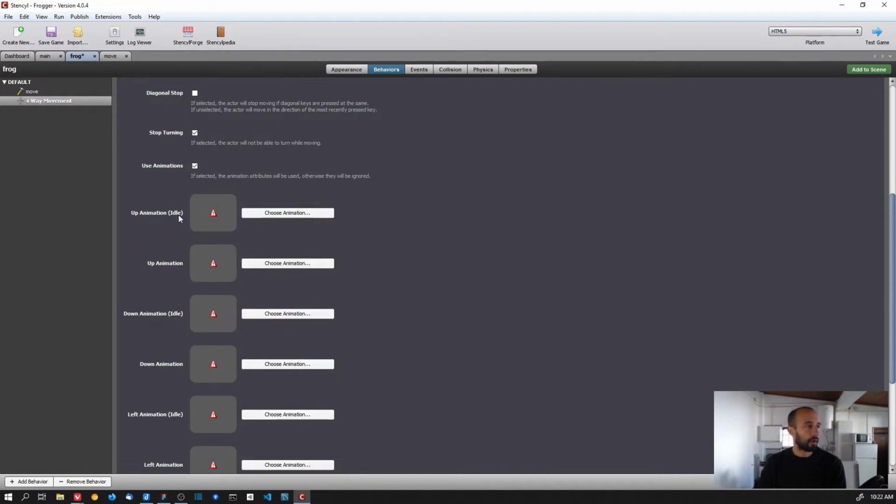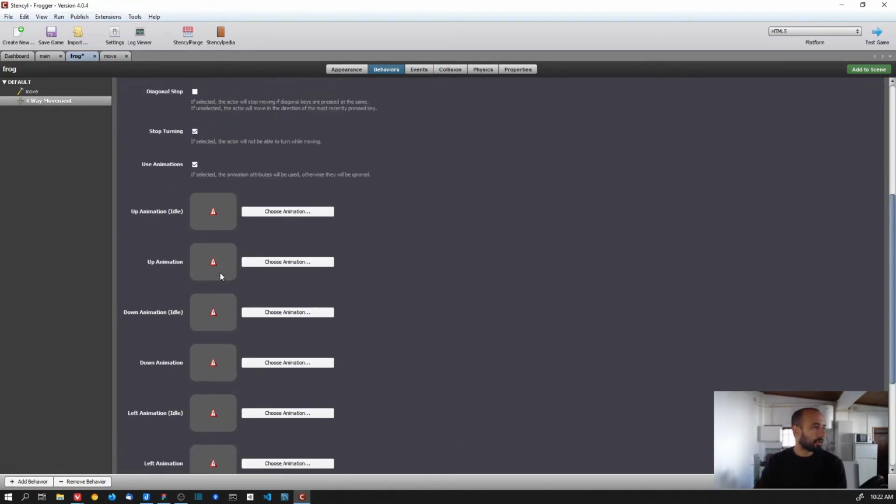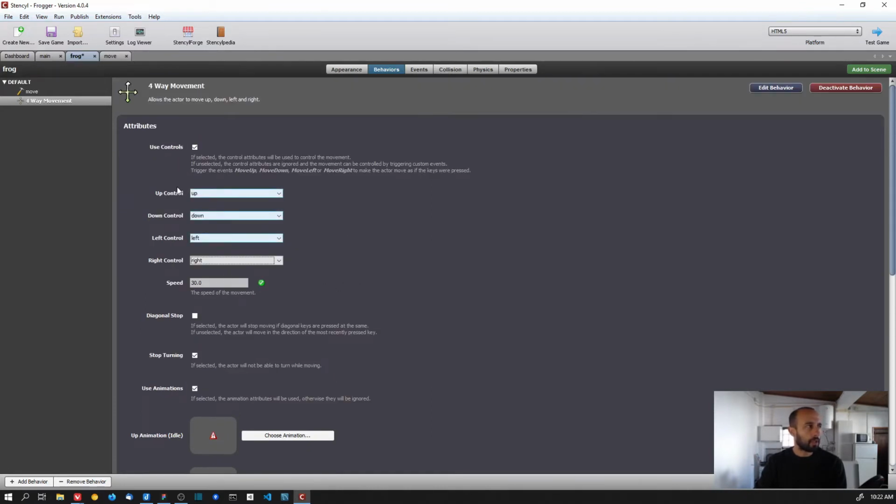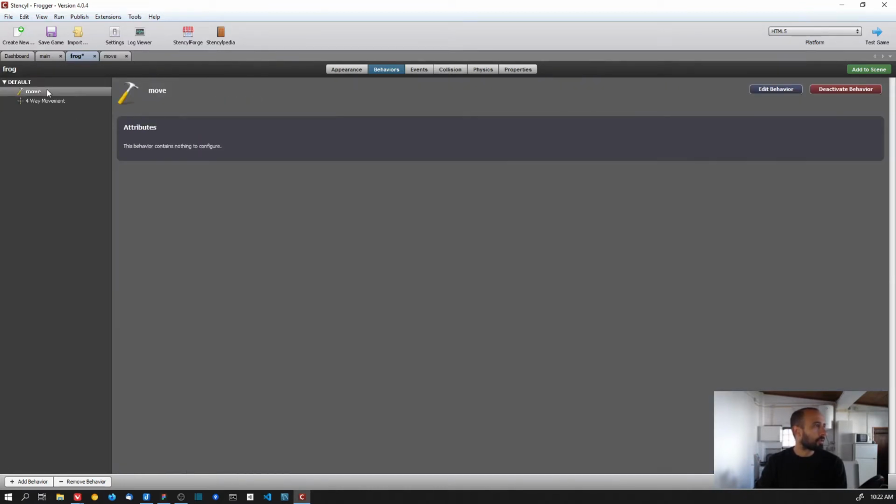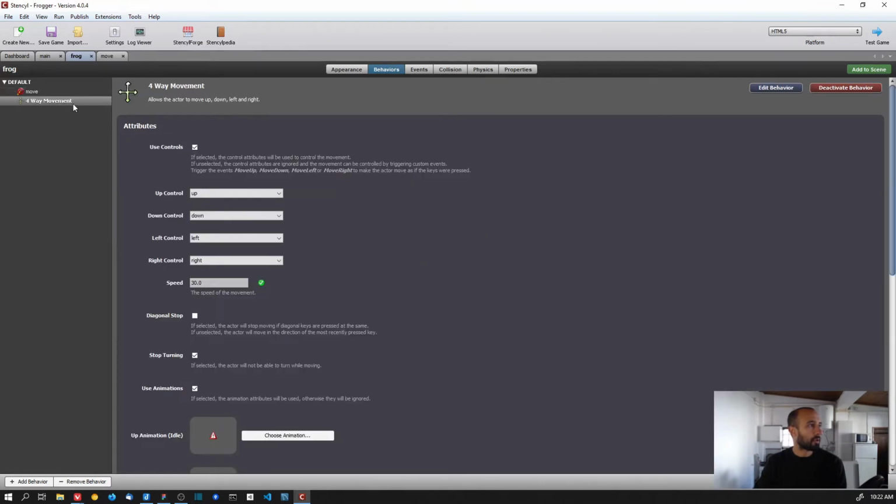So up the idle, which is when the frog is facing up but stopped, and the up animation, so when the frog is moving up. You could configure all this here, but we don't need it at the moment. Let's just see how it works. And I'm going to deactivate this behavior because I only want to move the frog using the four-way movement. And now if we test the game,